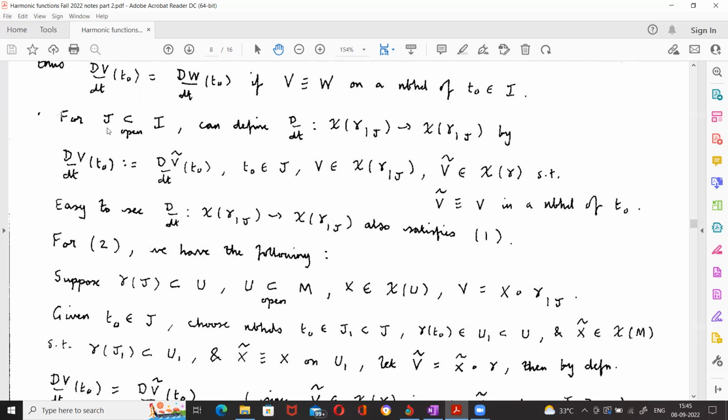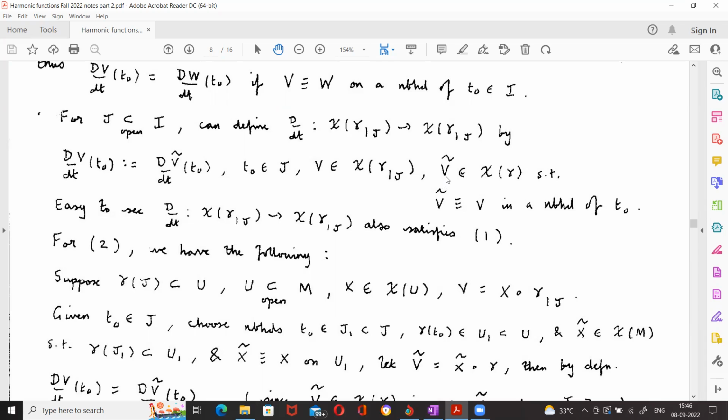So if J is an open subinterval of my interval I, then we can define D/dt from vector fields along gamma restricted to J to vector fields along gamma restricted to J by saying that Dv/dt at t naught is defined to be Dv tilde/dt at t naught when t naught is in J, and v is a vector field along gamma restricted to J